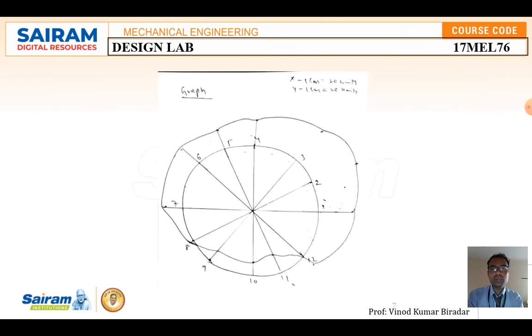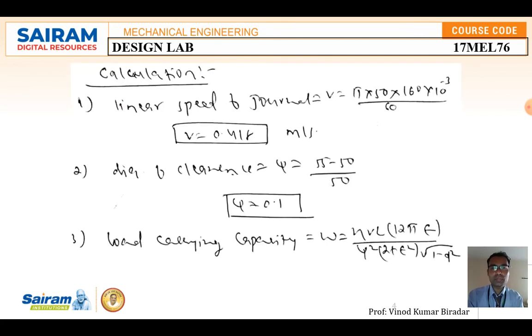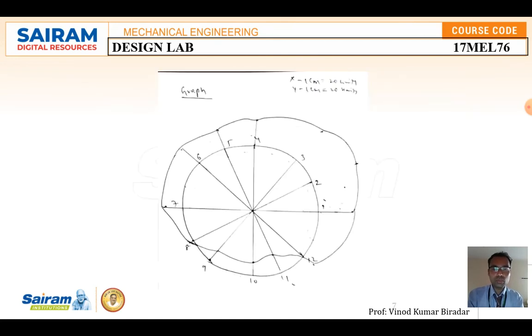Okay, so next, this is very important: how to draw this. This is the most important part of the journal bearing experiment, how I have drawn it here. Total 12 tubes are there, so divided by 360, you are going to get some angle in the tabular column. So each angle is 30 plus 30 plus 30. At the beginning, divide by 360, you are going to get the 12 parts. So initial 1 to 2 is 30, again 60, 90, plus 30 plus 30, like that you draw the 12 lines with an angle equal to 30 degrees. This is 55, this is 50, the journal bearing diameter is there, half of that means 12.5. You keep the compass here and draw an arc at some angle, that is equal to 12.50, so you are going to get this circle, the journal bearing.